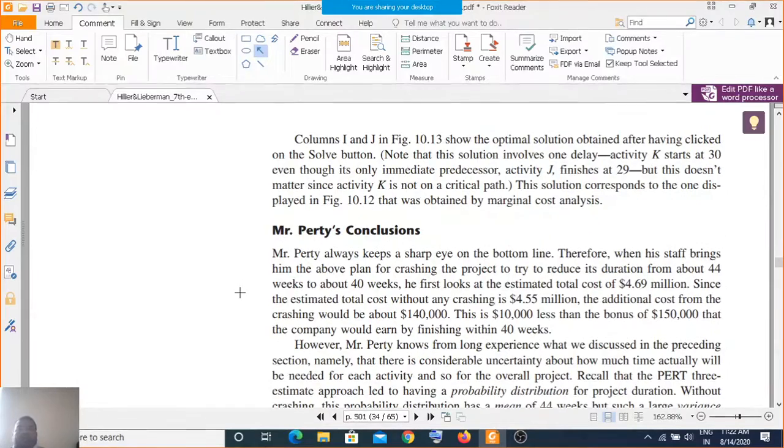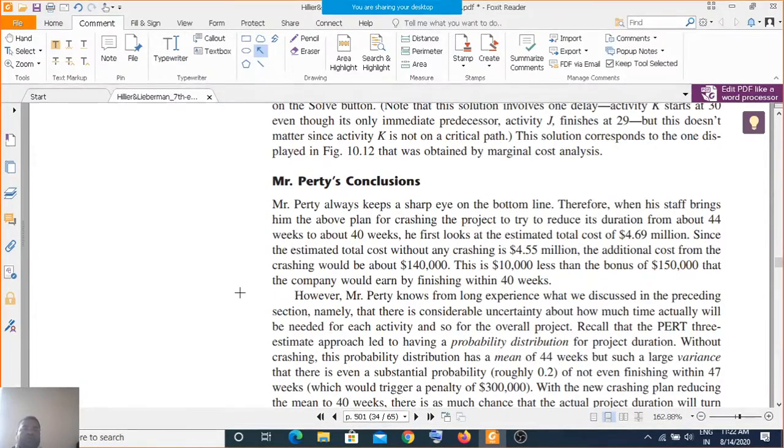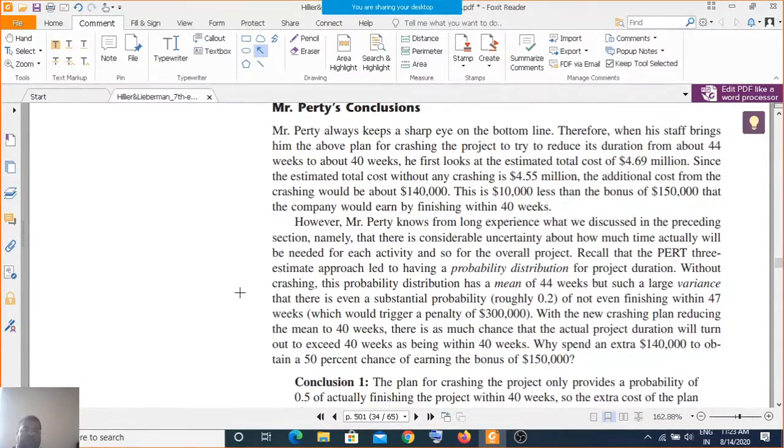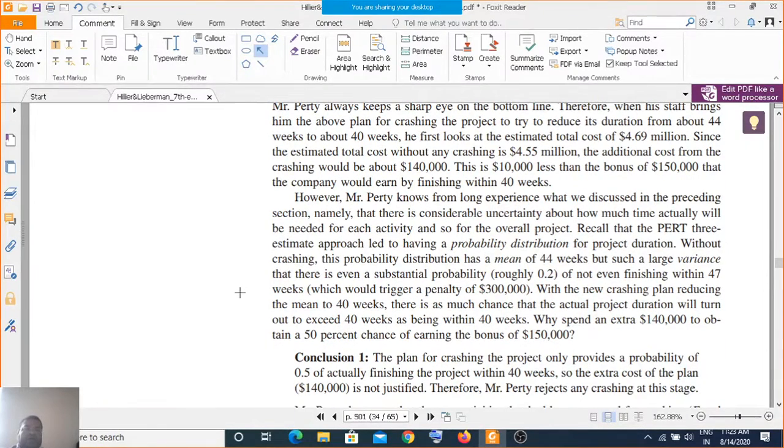So the PERT conclusion here, after this CPM and PERT, is that there is a 50% chance of earning the bonus of 1,50,000 rupees, so instead of spending this 140,000 extra to obtain this 50% chance.